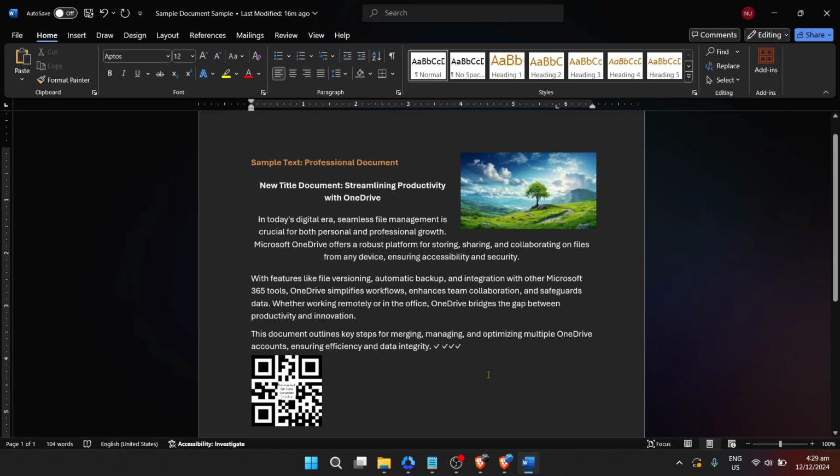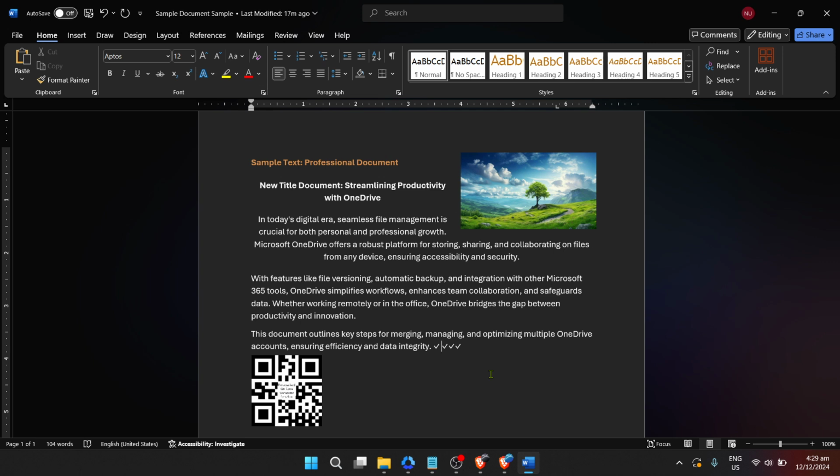It's also worth noting that changing the theme can alter the appearance of headings, titles, and even the general text. This is because each theme comes with its own set of font styles and sizes designed to complement the overall aesthetic. It's a holistic approach to styling your document, ensuring every element from header to footer looks cohesive.